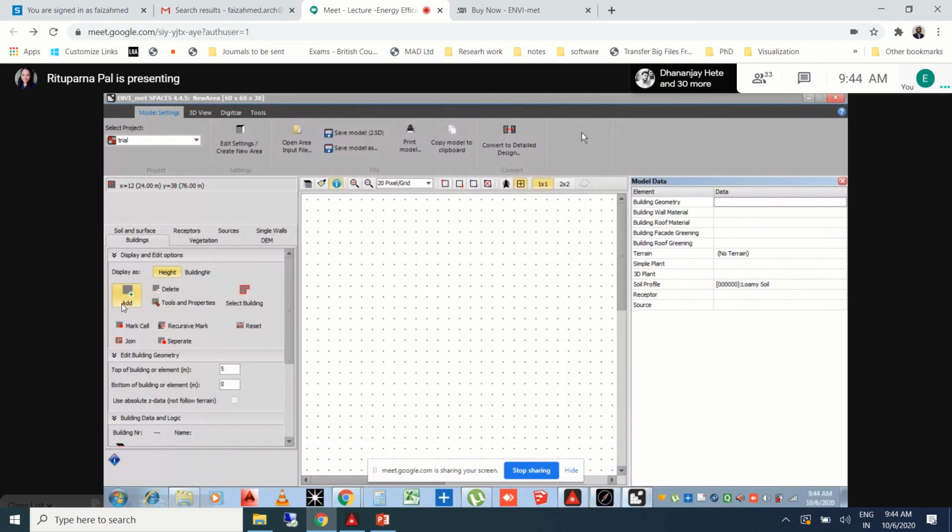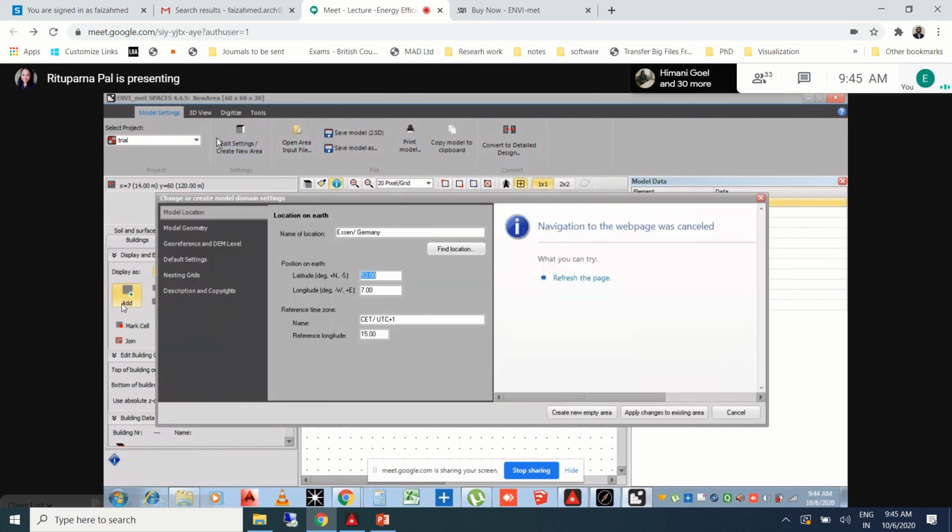So I expect that everybody is on this same particular page where it says NVMe Spaces 4.4.5, right? Yes, ma'am. Okay. So we go to this edit settings area where we have this model location interface.